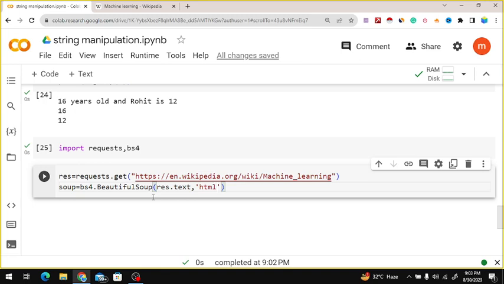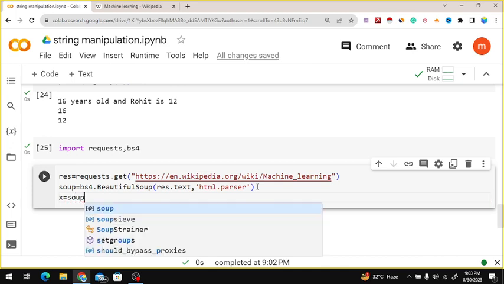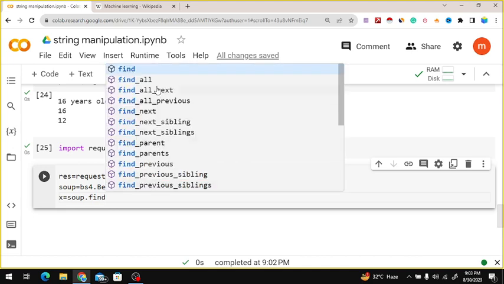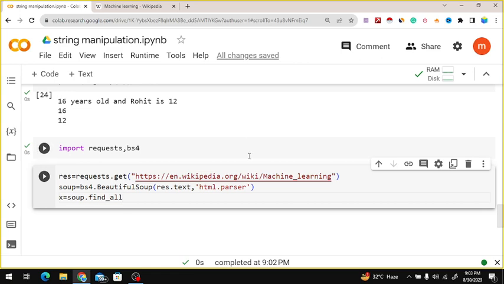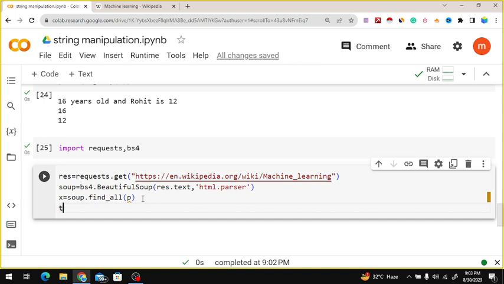And x should be equal to soup.find_all with p, and text should be equal to an empty string.